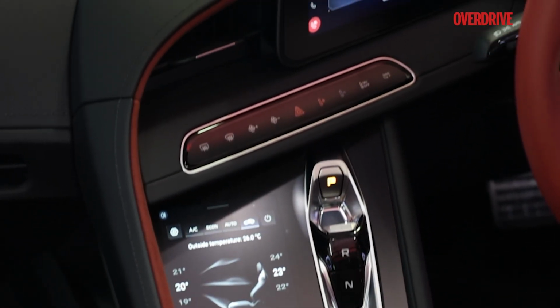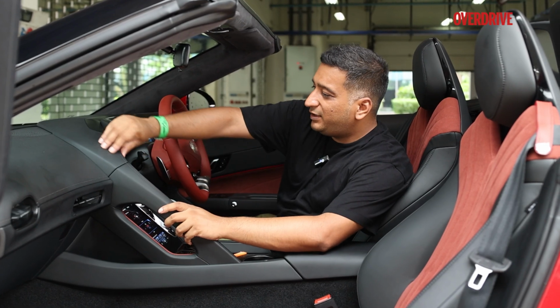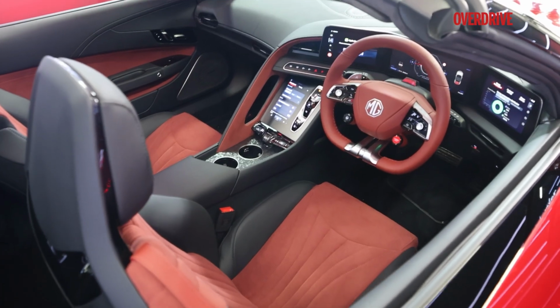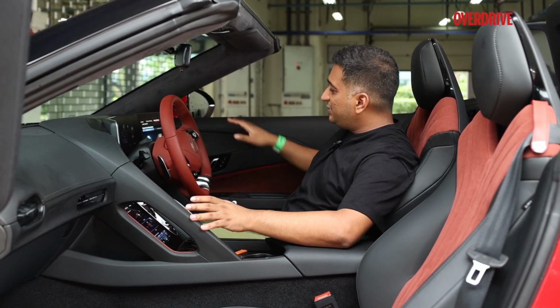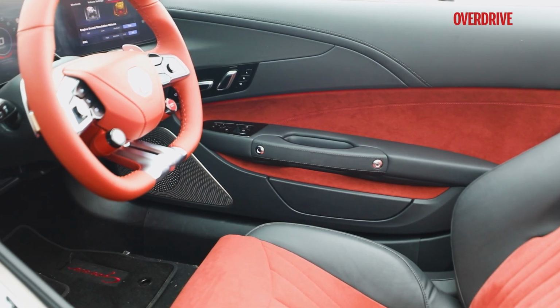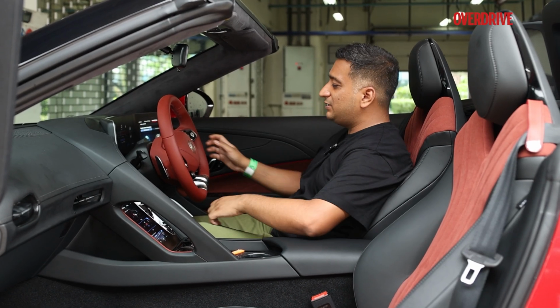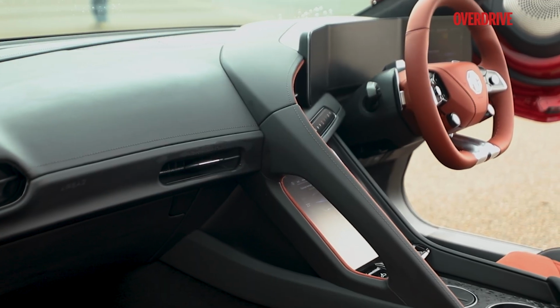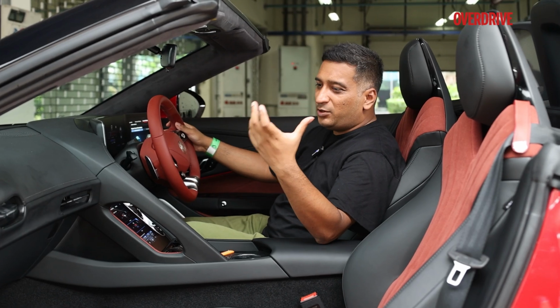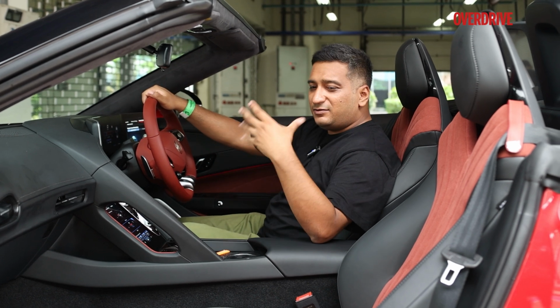Having said that, I really quite like the finish in this cabin. You have suede around here like this. You have this cockpit view with the suede lining, the suede in the door cards, and all the stitching. Everything is very nicely done. Pretty much every surface is soft that you interact with. So in that sense, it's good. Yes, maybe these paddles could have been made slightly heftier, but that's really a small price to pay because you get that sense that this is a...